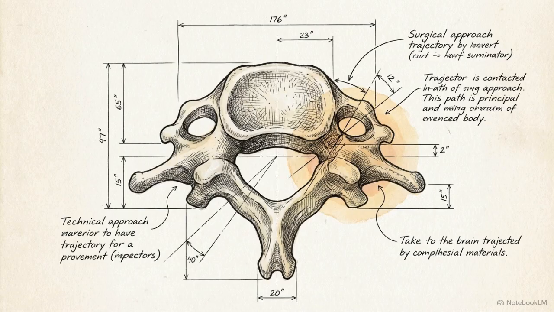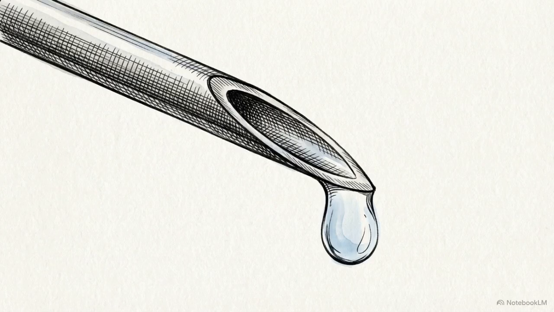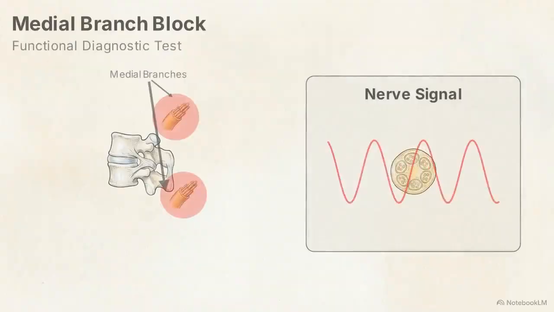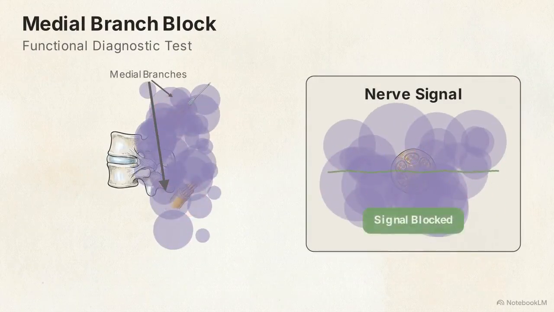There are only two valid clinical reasons to employ advanced imaging in these specific cases: primarily for detailed procedural planning, or to rule out severe red flag pathologies like fractures, tumors, or spinal infections. To isolate the facet joint as the true source of pain, clinicians use a functional test, the prognostic medial branch block, or MBB. An MBB is an injection of local anesthetic targeted directly at the small nerves that innervate the